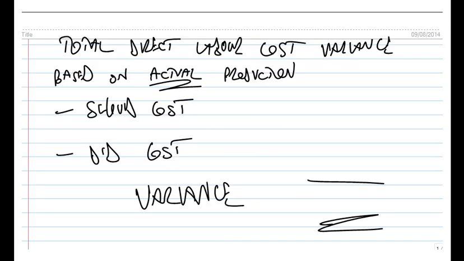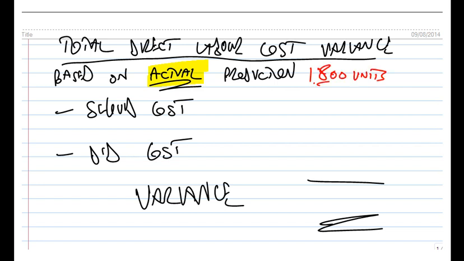So let's have a look at how we can do this calculation. I'm going to work out the total direct labour cost variance here. Bear in mind, this has got to be based on the actual level of production. Remember, that original budget we were given was based on 2,000 units. I need to base this on the 1,800 units that were actually produced. And what we're going to do is compare what that should have cost at standard to what it did cost